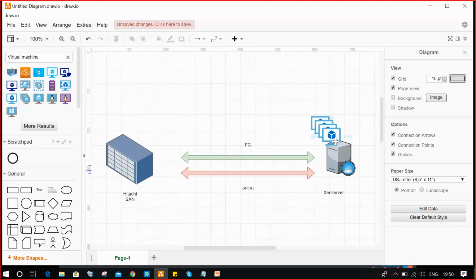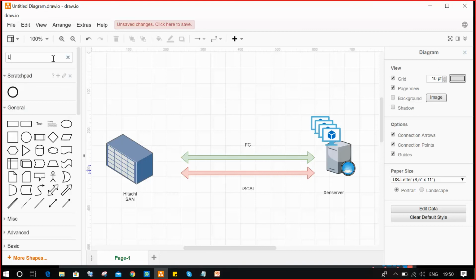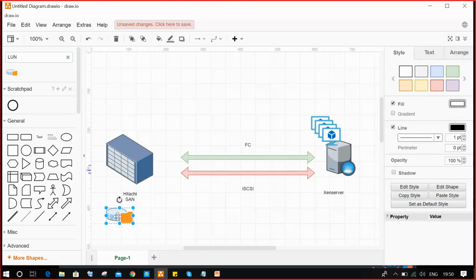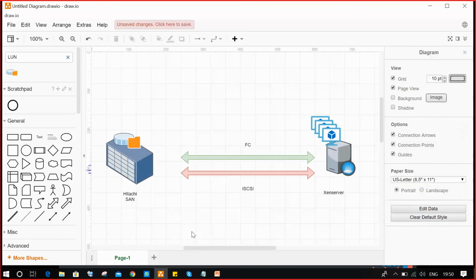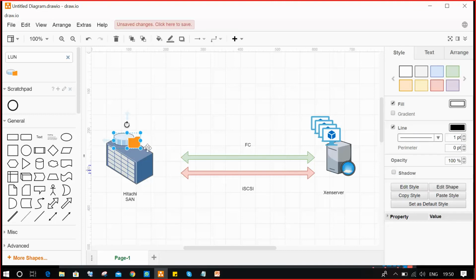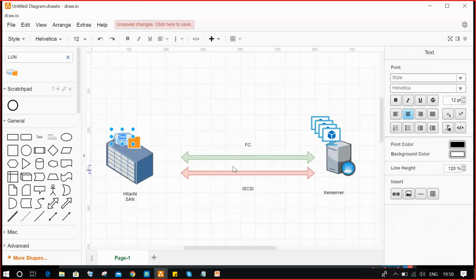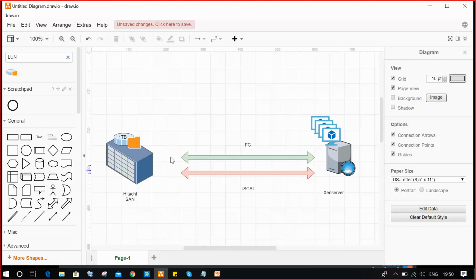You send a request to the SAN administrator: Hey, I need 1 TB of SAN storage. The storage capacity is provided as a LUN. This is the LUN which is created. The LUN looks like a folder, but it is a capacity. How much did we request? 1 TB. Yes, 1 TB of storage we selected.